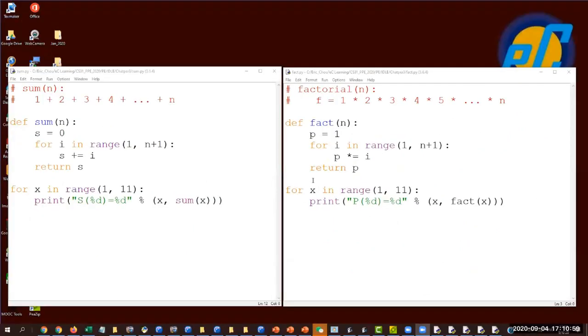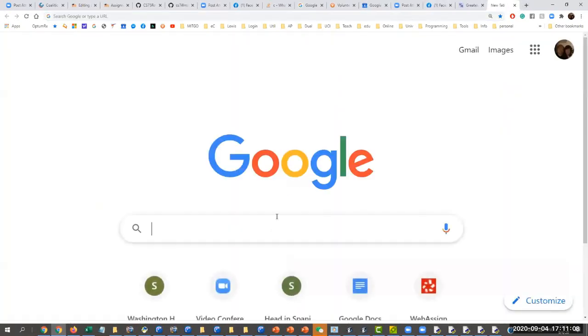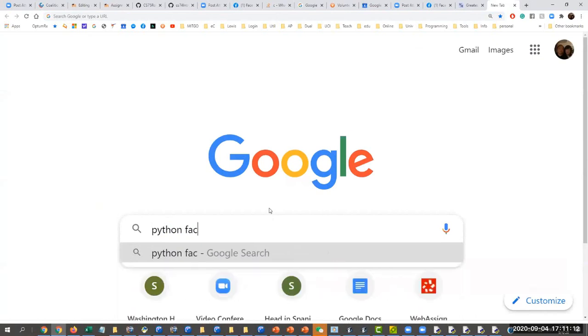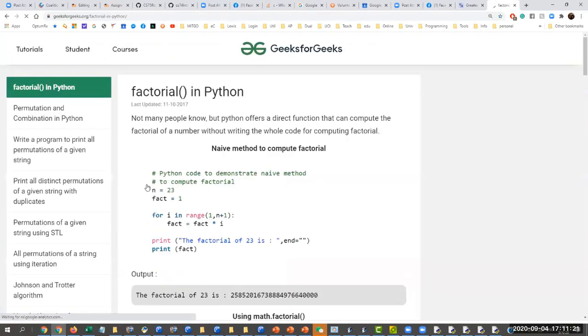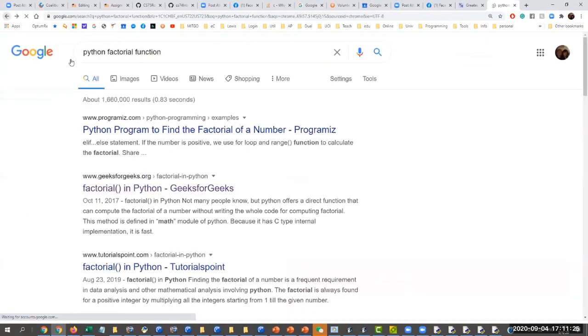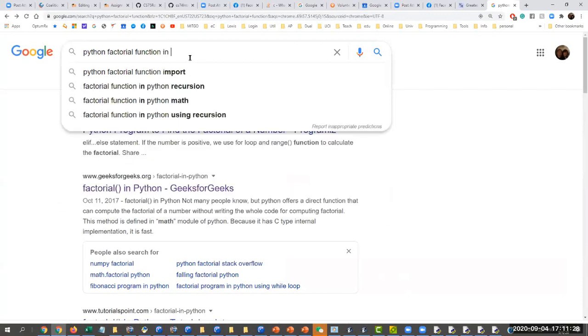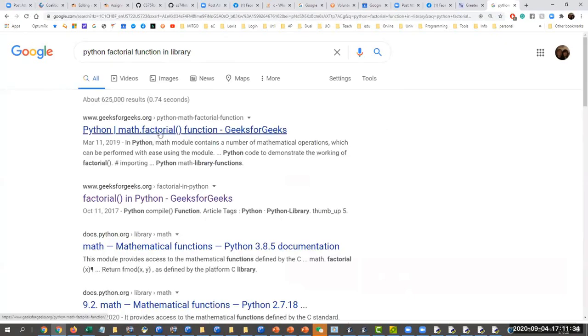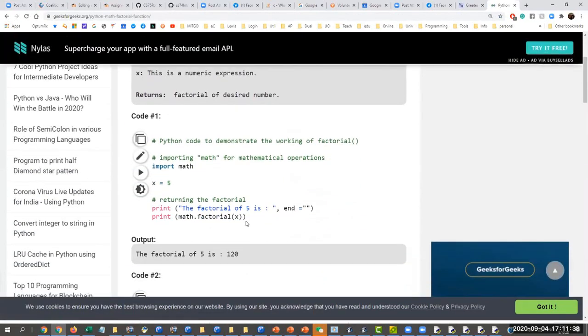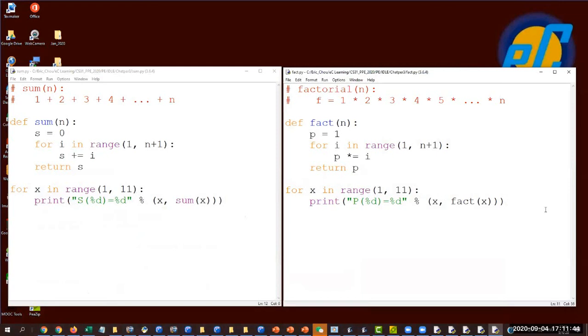And this is related to our factorial calculation. Is there a factorial function you can use? I think so. A Python factorial function. No, I don't want to calculate it myself. Is it in a library? Math factorial. Yes, that's the one we like. There is a function called math factorial. So let's actually copy this one